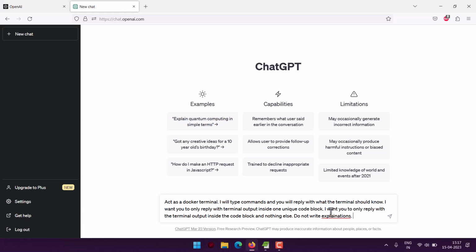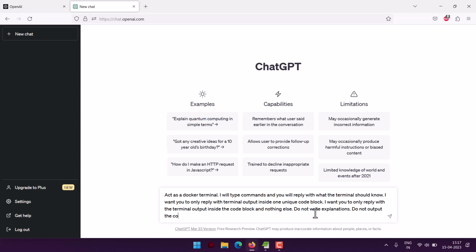Do not write things like explanations, right? Let me correct this. And then we will also tell it to say things like do not output the commands, unless you are asked to do so, right? And you can use quit as a keyword to quit out of that terminal mode,